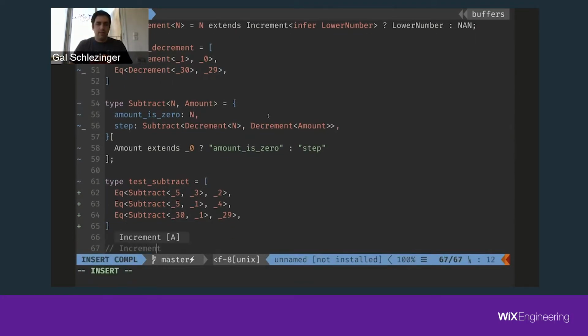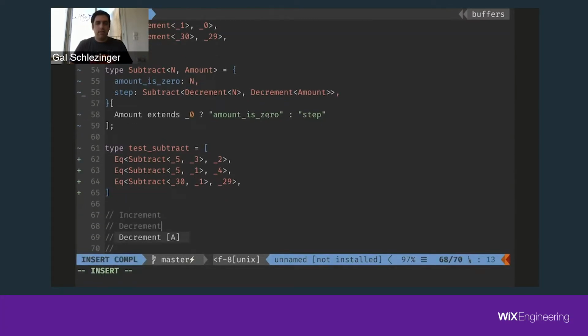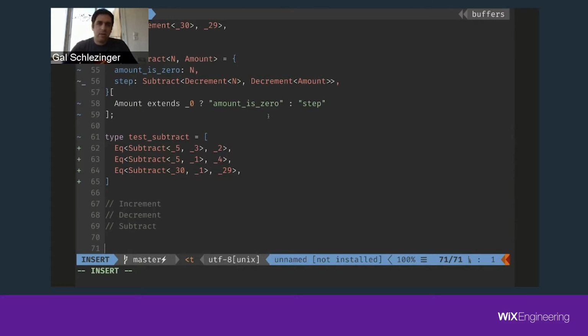So we have increment, subtract, decrement. So what's left for us to understand how to do FizzBuzz? We actually need to know if a number